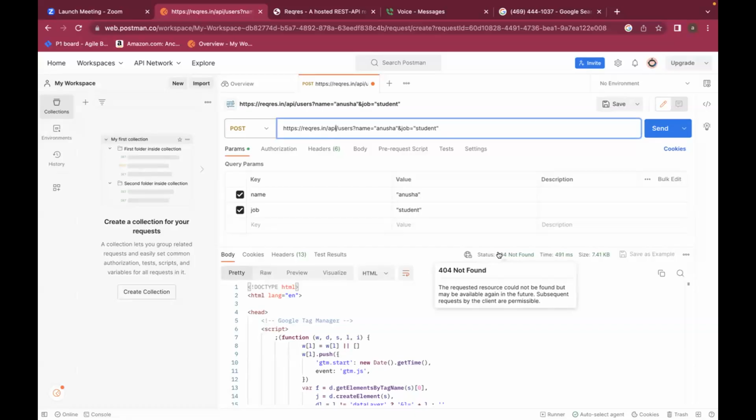You will get 500 series exclusively when there is a server side issue. It's not your mistake. If you are getting 500 series, then ignore the API testing for some time and try it later on. Maybe there is some issue with the server. If you are getting 500 series, straightforward, that's the answer you need to understand.